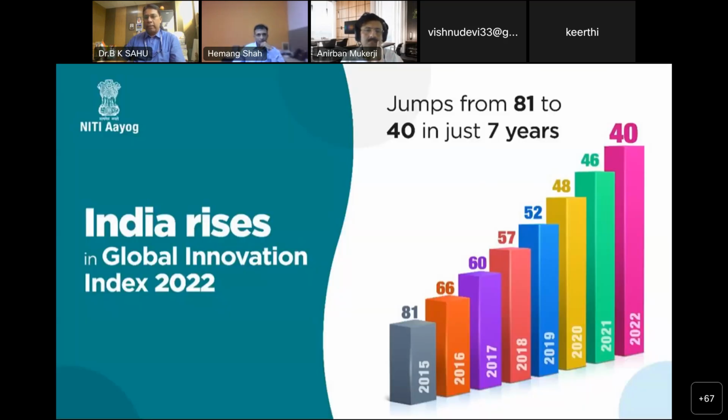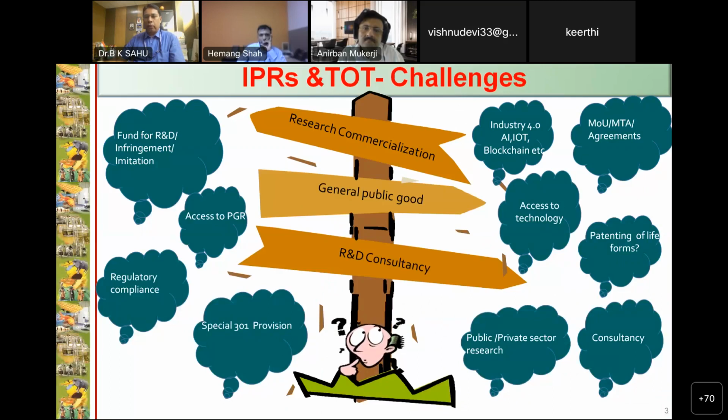Friends, we are celebrating the journey of innovation. And in fact, when we go to the statistics, India is rising in the Global Innovation Index from 81 rank to 40. Certainly one day we'll go to single digit. And that is a revolution. The ecosystem of governance today, in the name of Make in India, Startup India, Digital India, Skill India, Self-Reliant India, we are celebrating, and everyone is celebrating, because this is a journey of innovation. We are all stakeholders. We have to connect, co-create, collaborate.